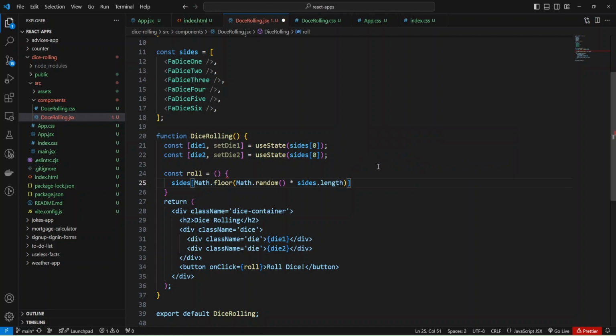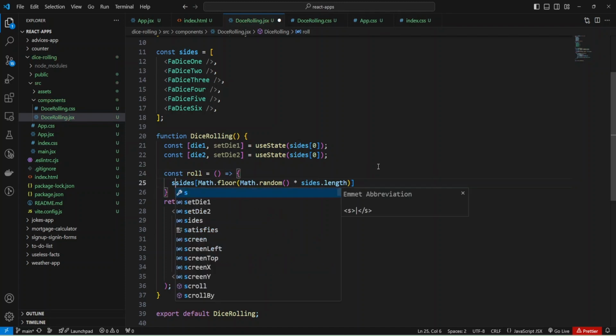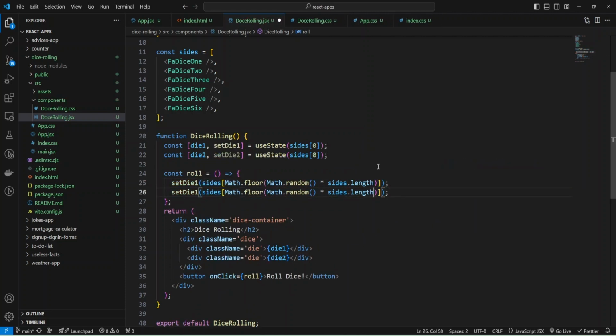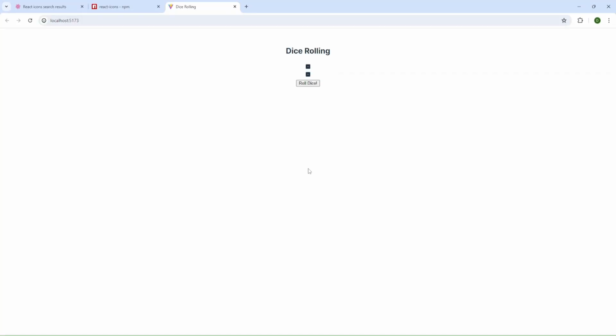Okay, and now I can add this and setDie1 to this size. Just copy paste this line for die2, and let's check what I have. I'm going to press roll dice, and as you can see, the dice were changed.